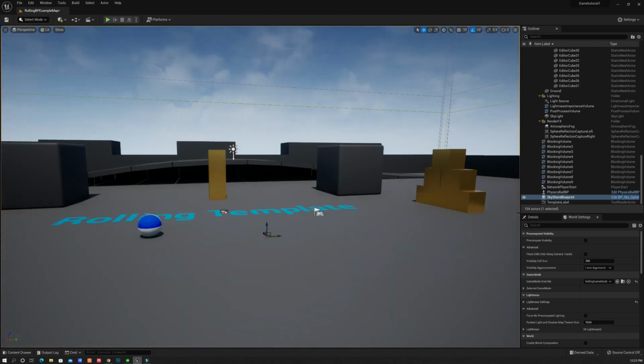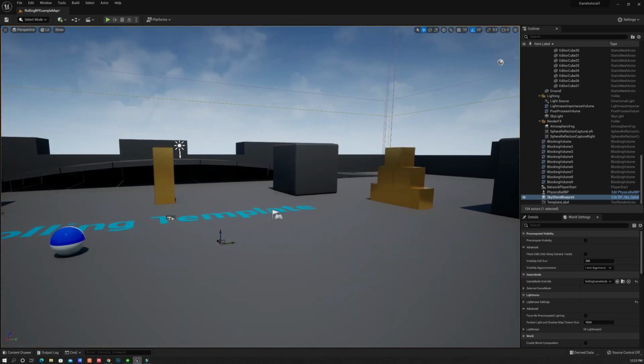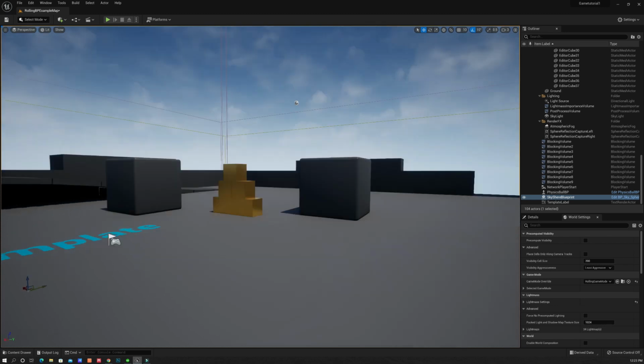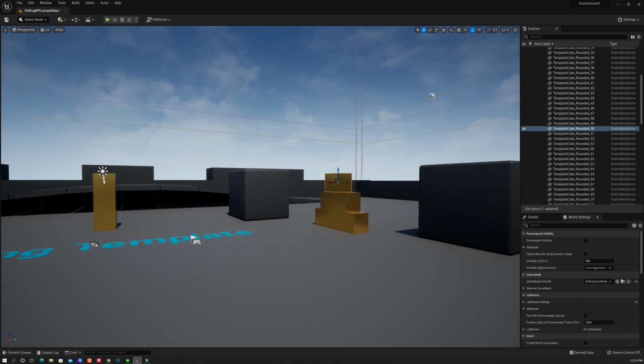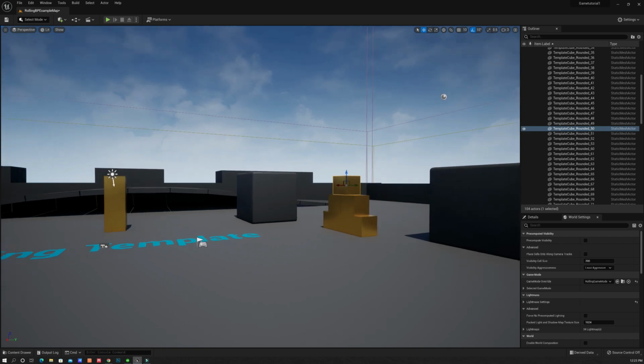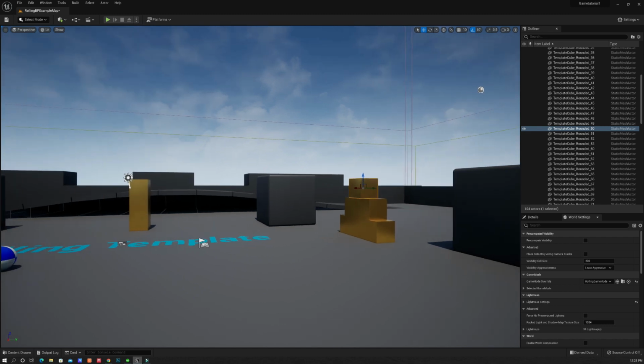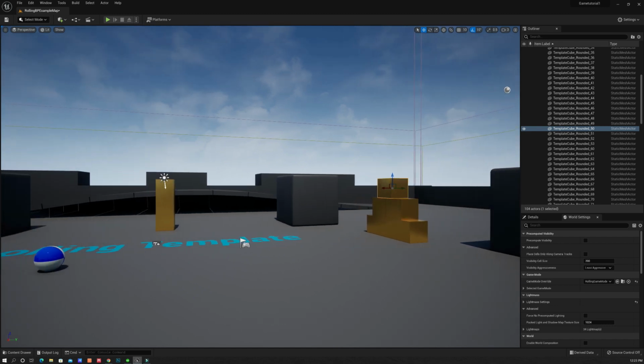So let's get started. Now, in Unreal Engine, everything which you see here in your viewport and in your world is known as an actor. So as we discussed, an actor can be a static mesh, and most of what you see are static meshes. Static meshes are those which cannot be deformed, which cannot change their shape. They can change their colors and properties, but they cannot be deformed or destroyed. So if you select one of them, you will see on the right side whatever has been selected, and it says static mesh actor.